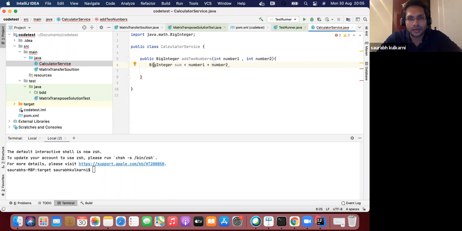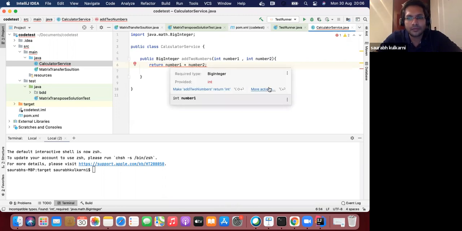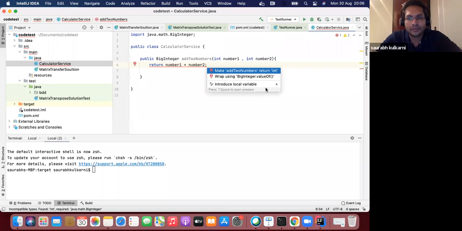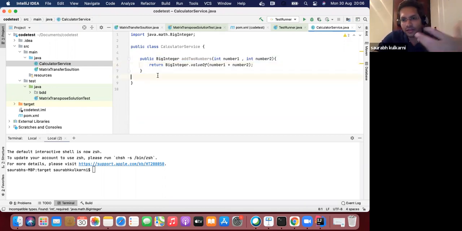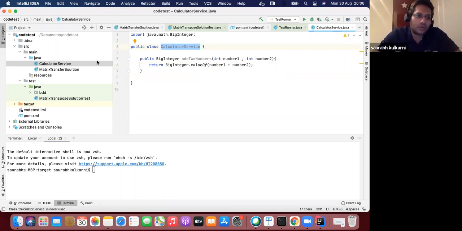So we are just trying to return the addition of the two. That's the simple functionality that we are trying to do here. Let's say this is the functionality that the calculator service developer is supposed to write. Now, to follow the test-driven approach, what should have been done here is to write the test first.